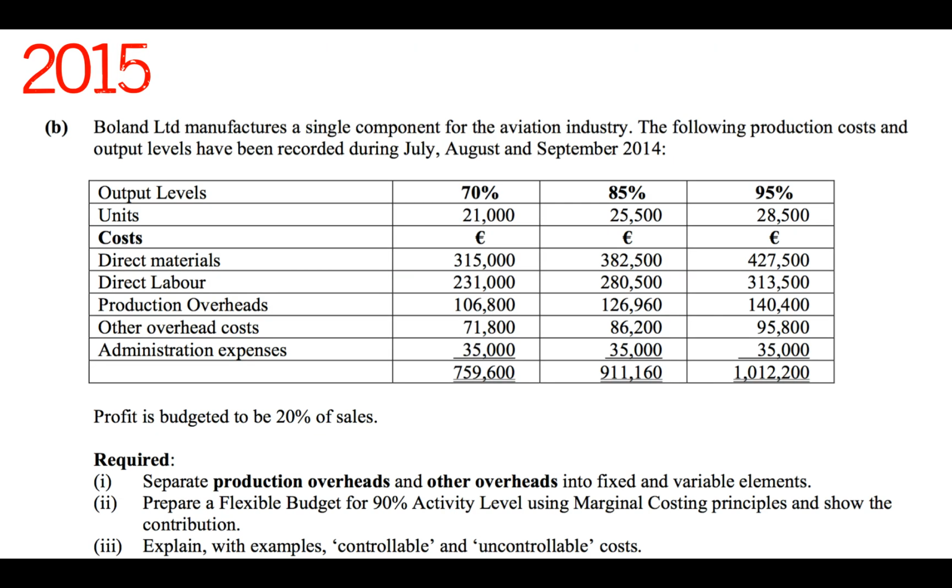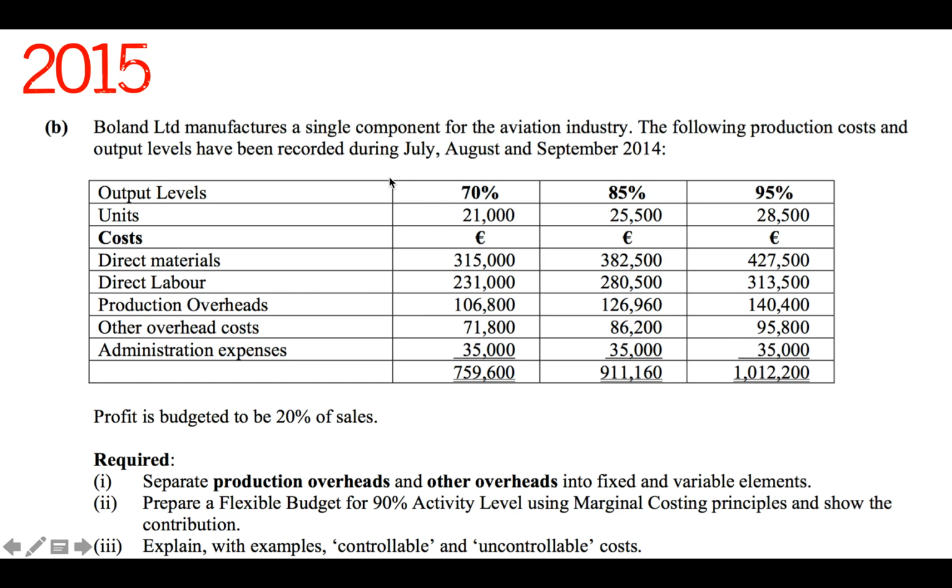Okay, so this is what a high-low flexible budget question looks like. So it came up as part B of the question in 2015. So let's give it a read. Boland Limited manufactures a single component for the aviation industry. The following production costs and output levels have been recorded during July, August and September 2014. So this here is July, August